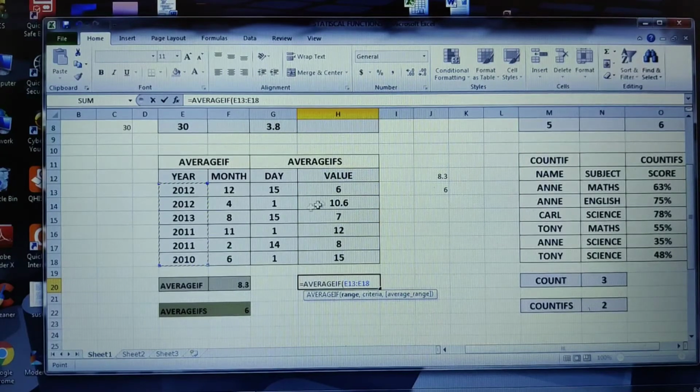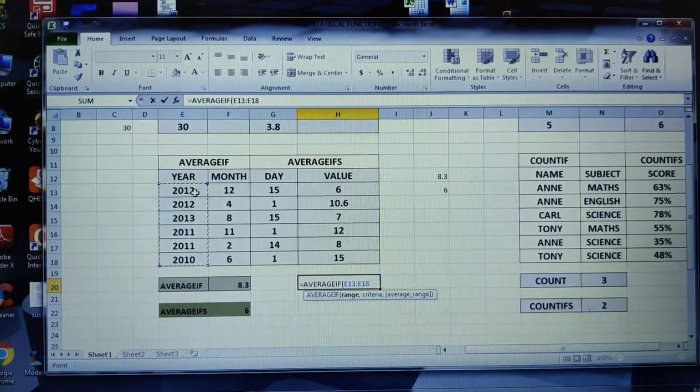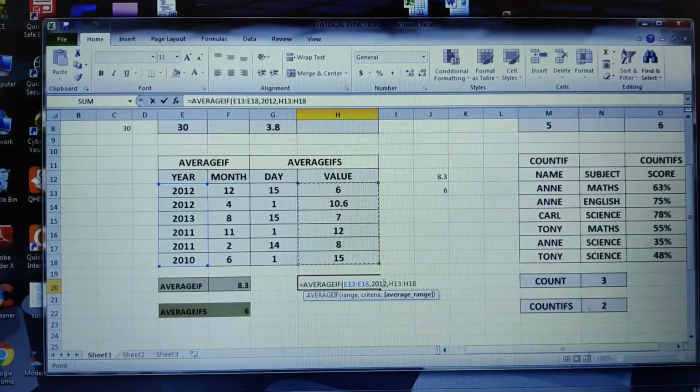Previously I took it on value. So this is my criteria, 2012, from where it should actually select the criteria, that is this range. So we have to take this particular range, then comma, then specify your criteria, and then the average range, on which column you have to find out the average. Actually previously I had changed this column, that is the reason it was wrong.